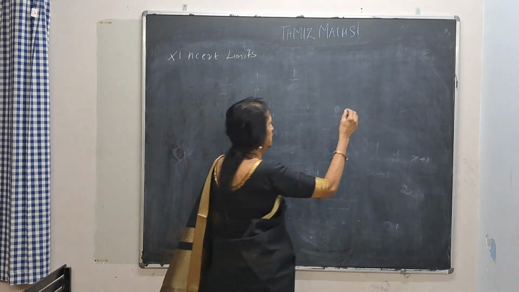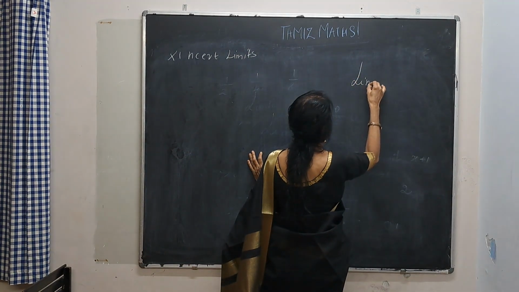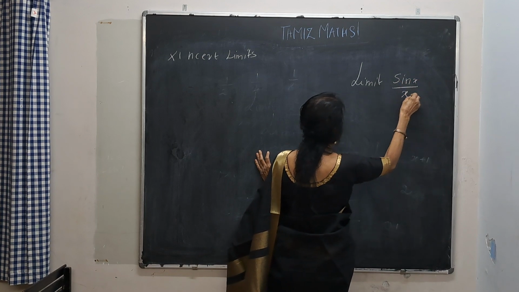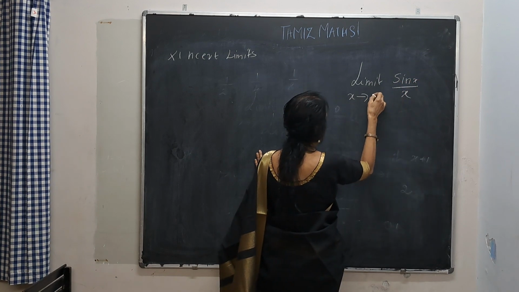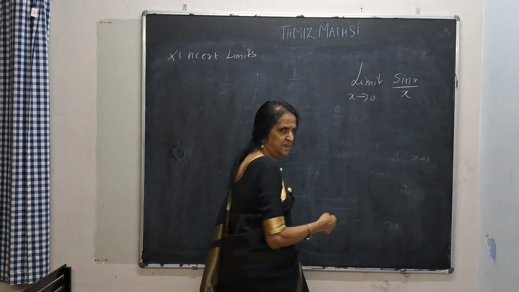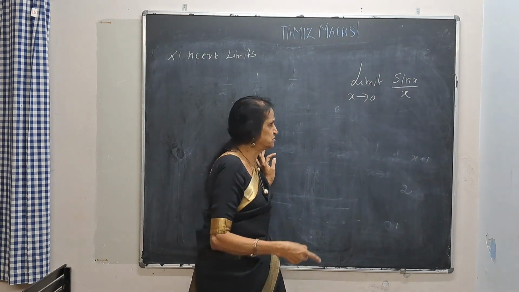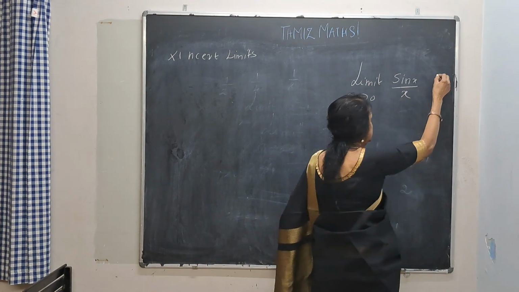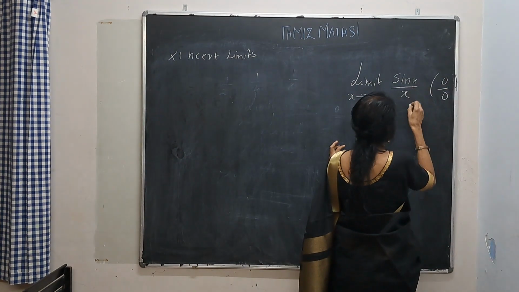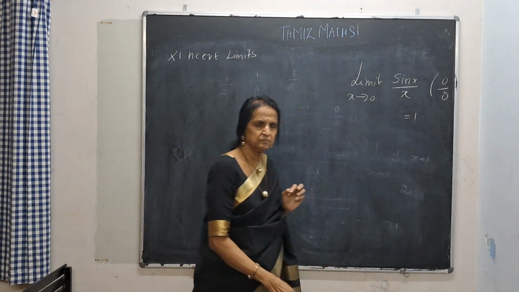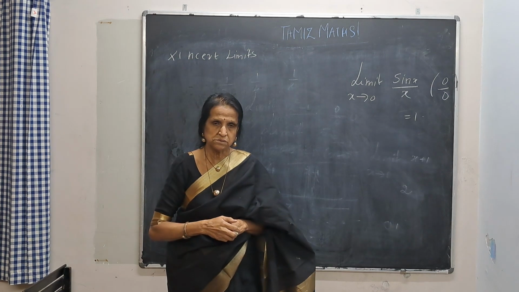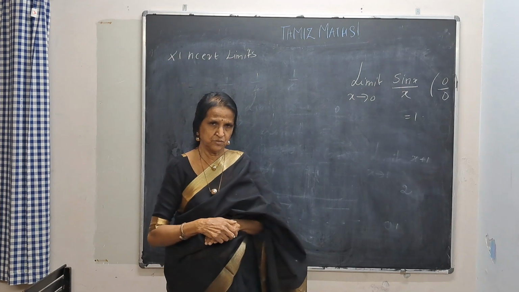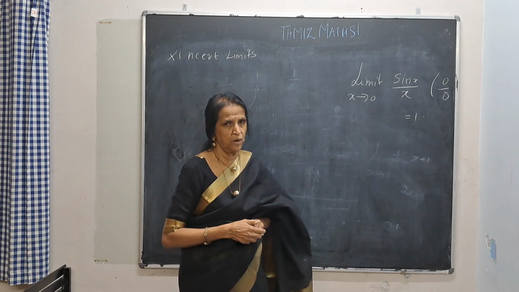For example, the first formula is limit of sin x by x tending to 0. Put 0. What did I say? You should supply what x is tending to. Supply it. Sin 0 by 0. Sin 0 is 0, so 0 by 0. It takes 0 by 0 form, but the answer for this will be 1. How? How is it 1? At least in the previous one I was able to factorize and do it. Let me see how I will work it.